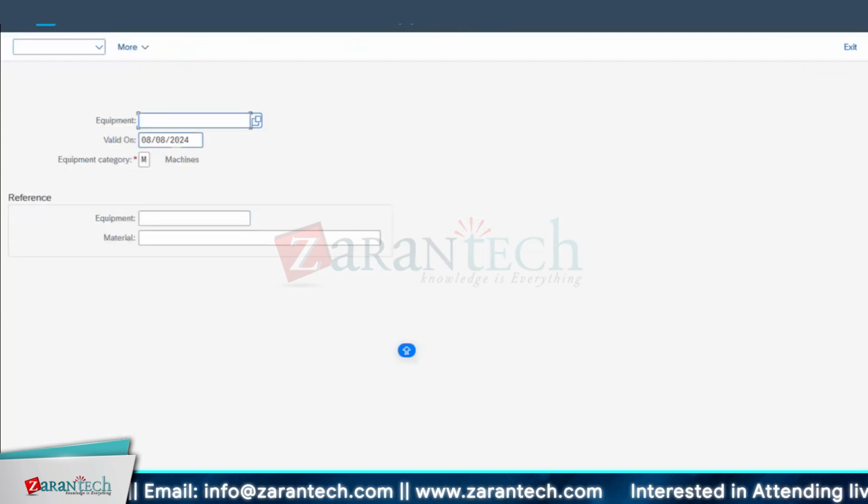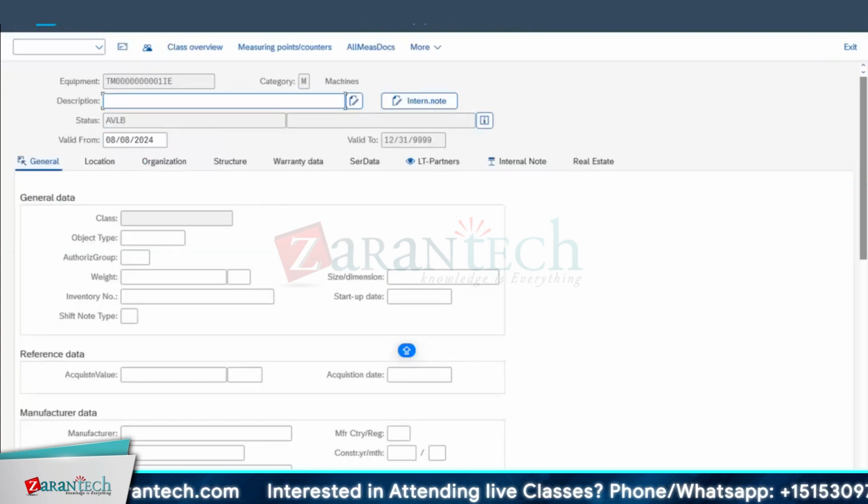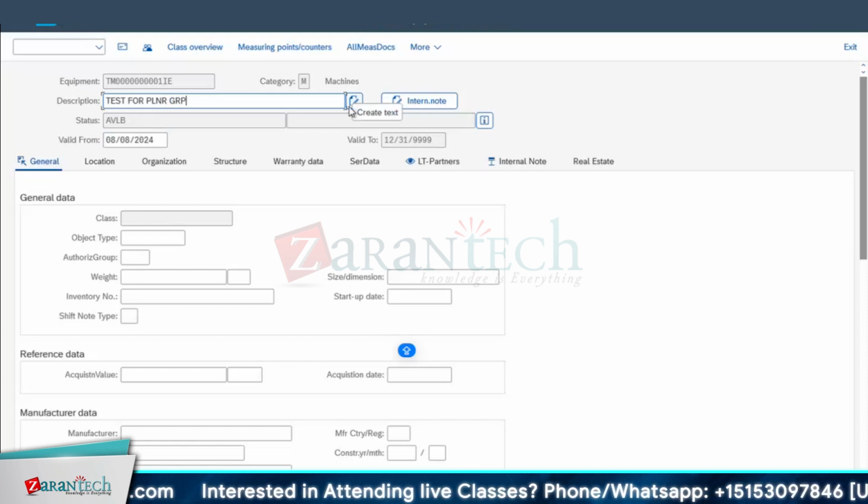Okay, transaction. Example, say you want to go for equipment or functional location, anything will be fine. Let me go and create a new equipment. Okay. Test for your planner group. Something like this. Okay, this is how you perform it. Normally, if you create a new order type, and we have done all the configurations, some 20, 30 configurations, how do you test it? If you check in backend, it's of no use. So in front end, you have to create an order and run that end to end. Same way here, we have created a planner group. So each time you go for it,